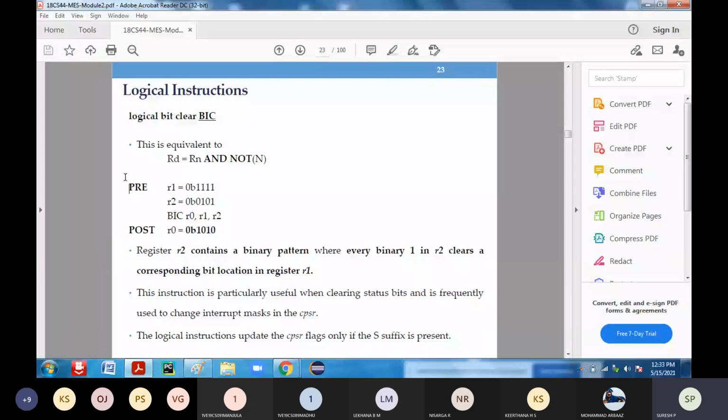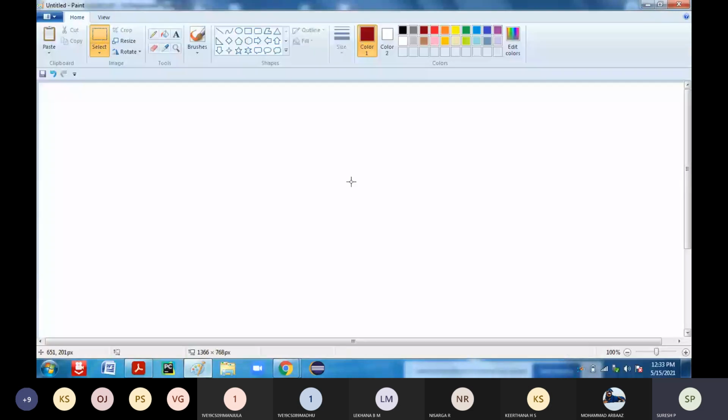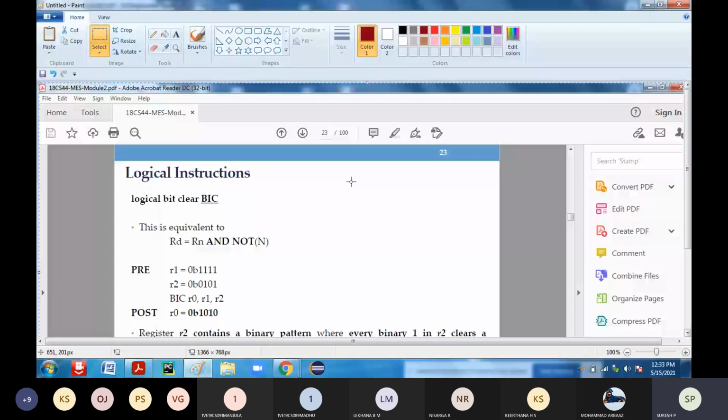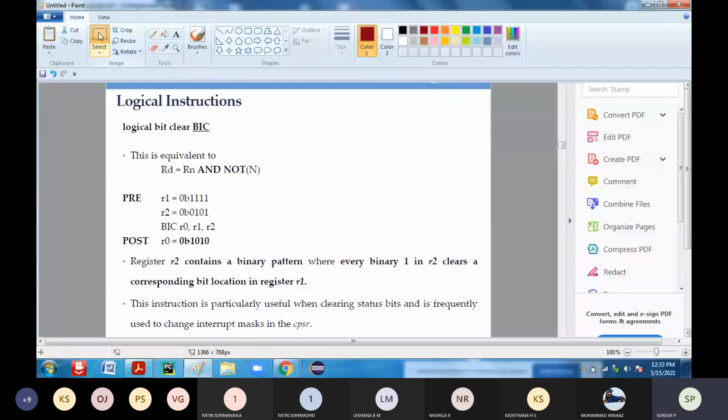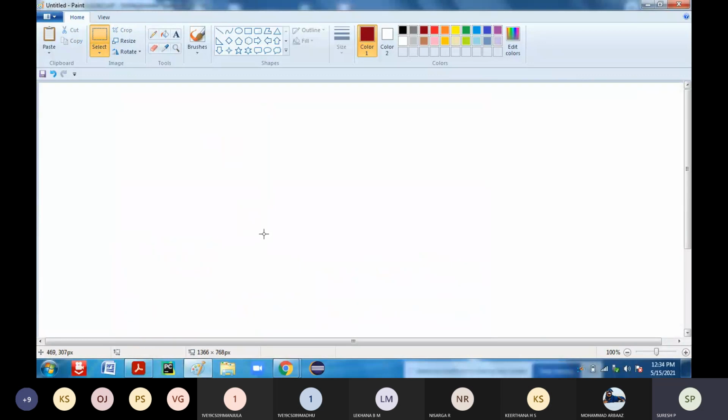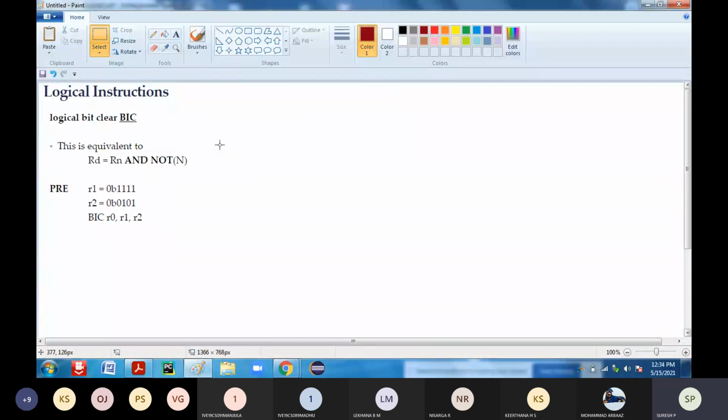So now if we take this particular example, logical bit clear, you can see this is the operation which you have to perform.